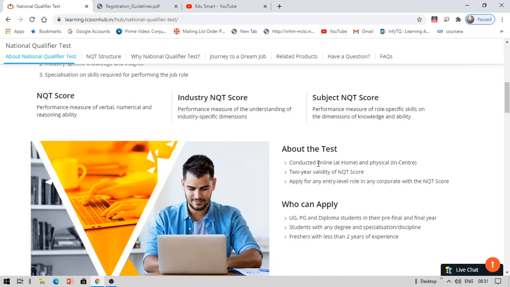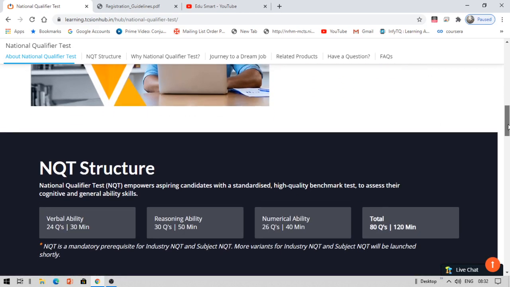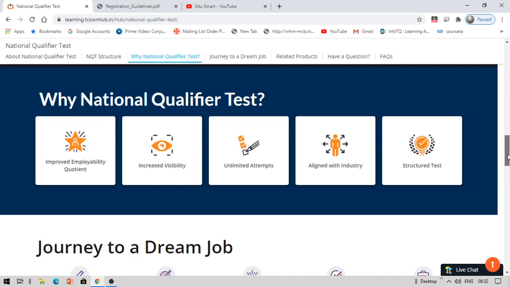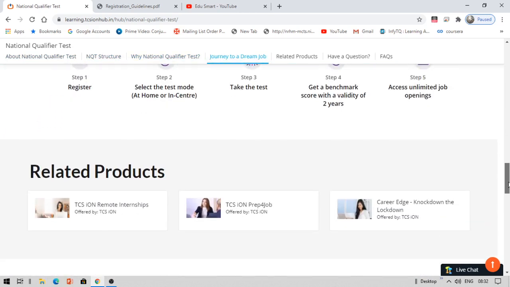Under edit your application, you can change the mode of examination. That is, let us suppose when you are registering, you selected online at home. But if you wanted to change this again to physical, that is in center, you can do so, but before registration closes, okay? Before registration has been closed, you can change the mode of exam as well. And you can also edit some other application details that you had. That's pretty easy, and everything is the same apart from this.